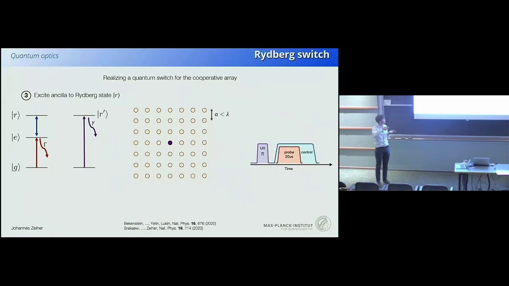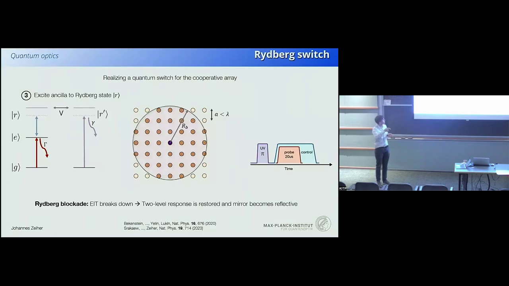And how do we do that? Well, we can selectively and in a controlled way excite this one atom, in this case to a different Rydberg state, and the presence of this Rydberg state will then modify the behavior of the atoms all around because of this strong Rydberg interaction between this state R prime and the admixture in the Autler-Townes doublet on the rest of the mirror atoms. In the experiment, we basically, in a controlled way, before the actual mirror probing experiment, excite this ancilla, and by that we can modify this response. And this response occurs because EIT breaks down